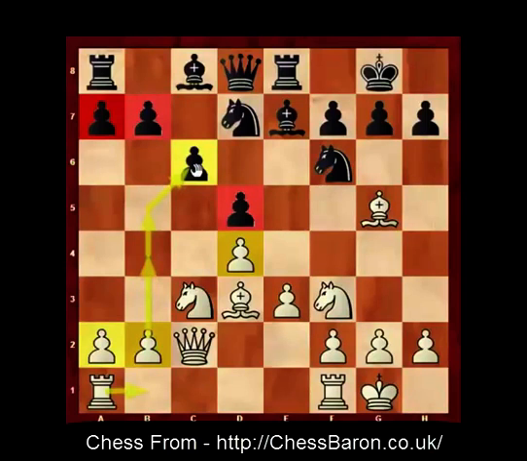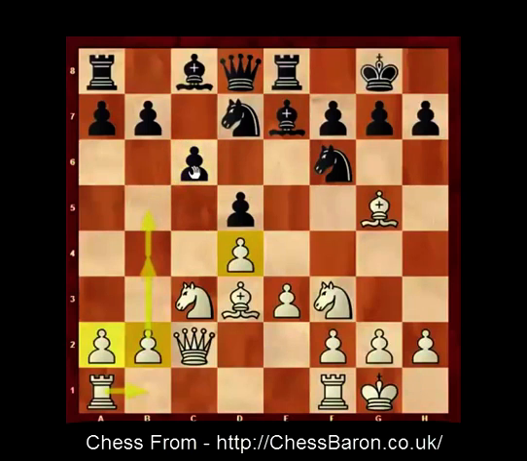If he exchanges on b5, then most of the time the d5 pawn will be isolated after the exchange on b5, so that could be an ideal target, and also the b7 pawn will be a target later. If black just waits, then white will capture on c6,